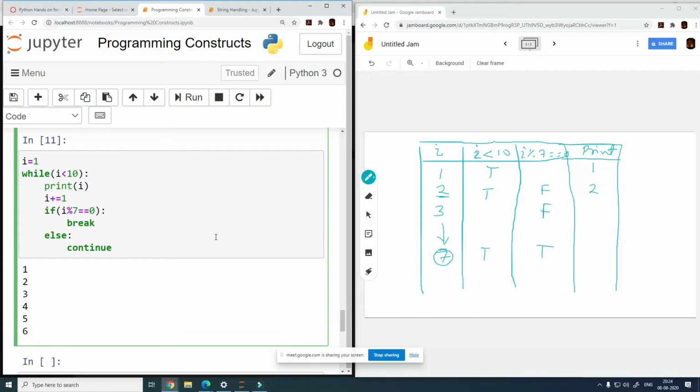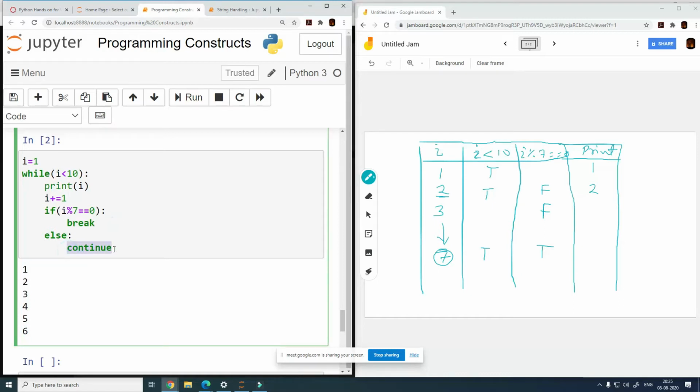And actually, it is there. The moment I becomes 7, this condition becomes true, and the control moves out of the while loop. That is what is happening here. It is printing till 6 and moving out.